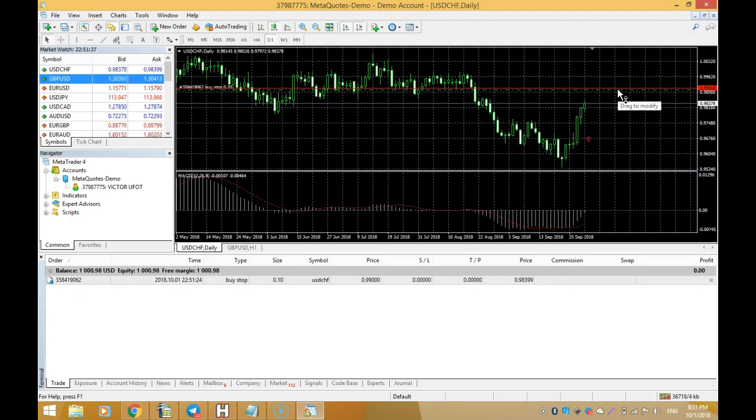We're expecting that when price gets here, it should continue, right? So we're not expecting a reversal. We use stop orders when we want to place continuation trades. We're expecting that when the market price gets to 0.99, it's going to continue through 0.99, put us into the market into a buy, and then take us higher so that we can make a profit and close the trade